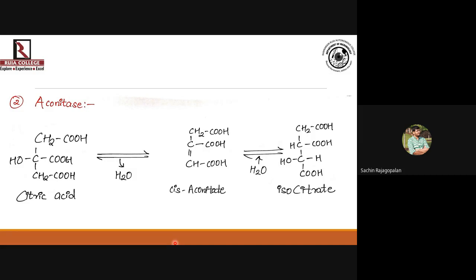So we don't understand that when you remove the water molecule and re-add it, we are bringing about positional changes. So it doesn't mean that the H and OH go back to where they were removed from. So that is the crux of carrying out isomerization, that you are shifting the groups by carrying out dehydration and hydration. So these are isomerization reactions. Okay, and let us see what happens in these two reactions.